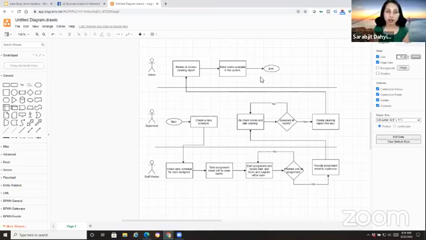Lots of times when you're interviewing stakeholders, they often forget to tell you some things about their day-to-day process just because they're trying to explain, and too many things may be going on. But if you are able to plot this in a workflow diagram, take it back to them and say, hey, this is what we talked about. Did I miss anything?